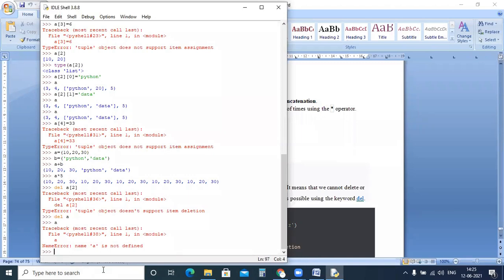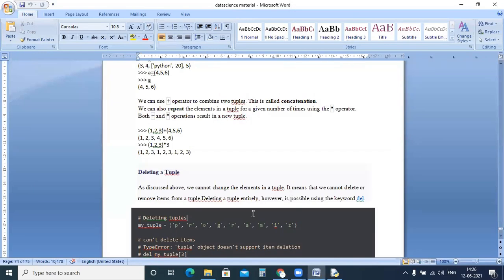Any doubt you have about the del operator? Shall I proceed further? So I have discussed the delete operator.